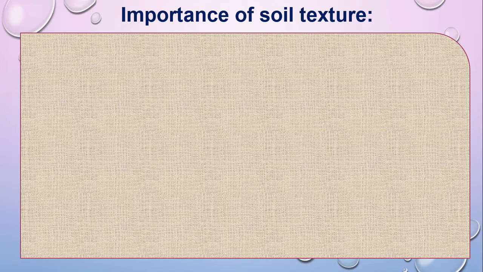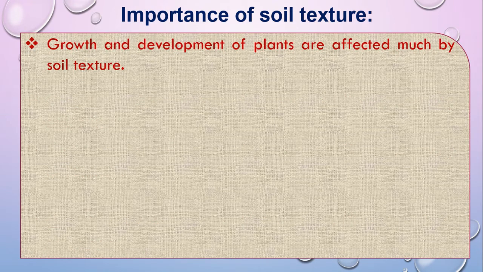That means, what is the importance of soil texture? Growth and development of plants are affected by soil texture. That means if you do not know the proper soil texture, then you are unable to cultivate the crop properly. You might cultivate the crop, but you will not get the proper or expected production. For instance, we know that